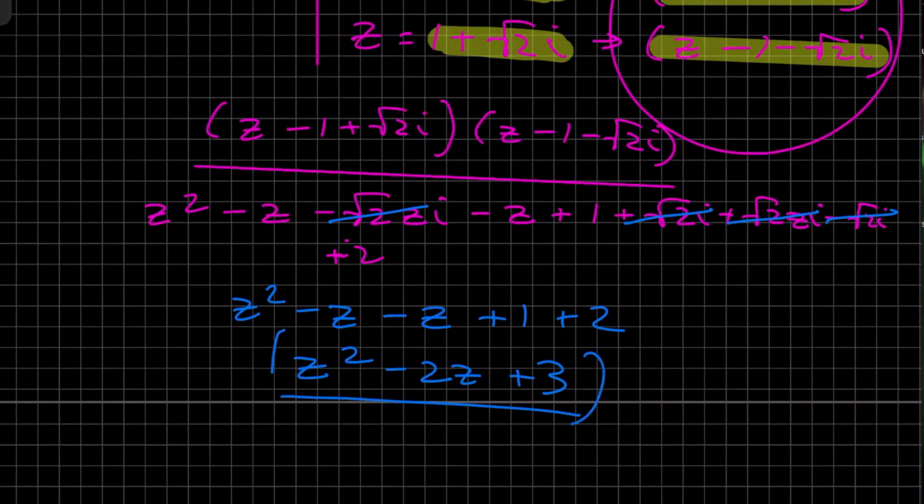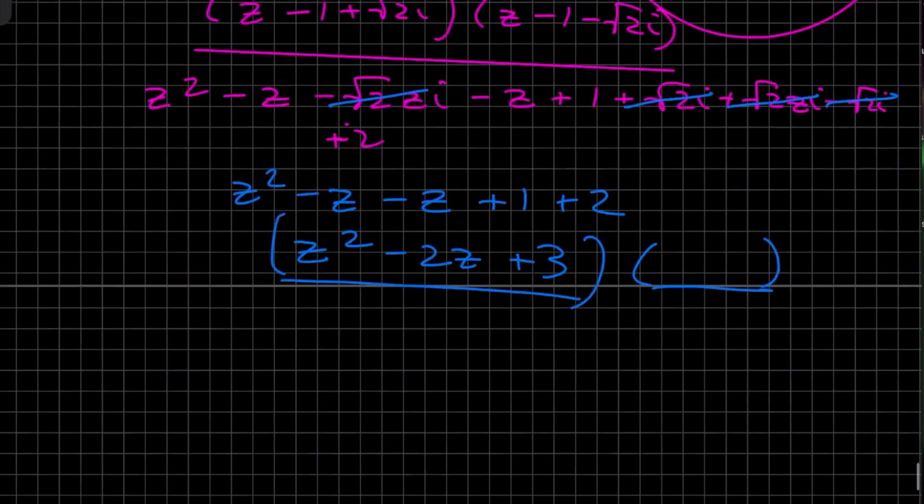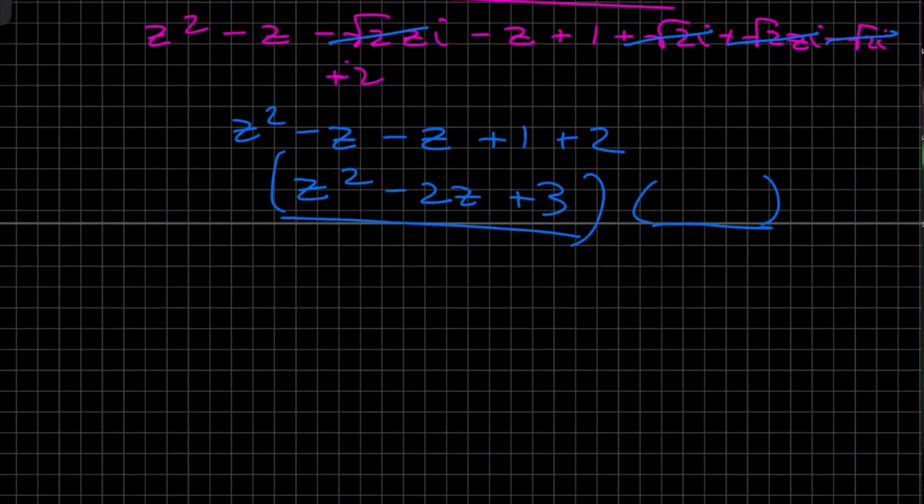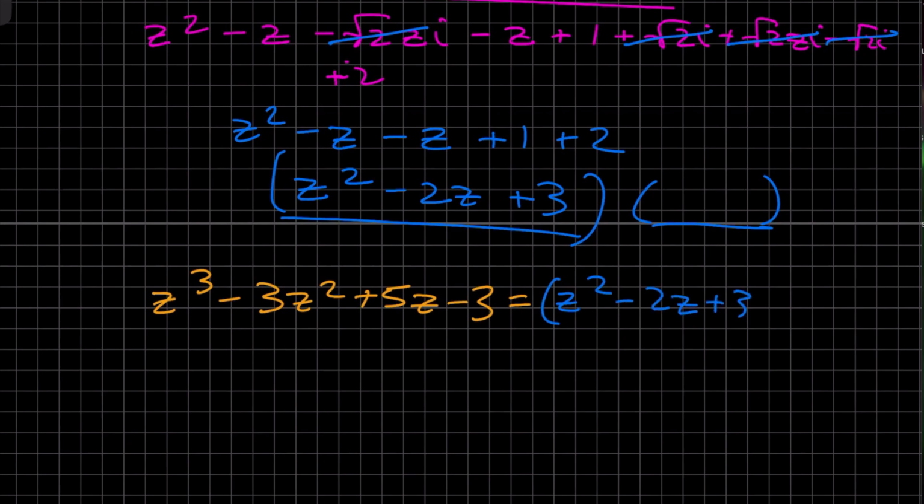We now need to find our other linear factor that we multiply by to get our expanded form of our polynomial. So if we were to rewrite our equation, we'd get z³ − 3z² + 5z − 3, which is the expanded form that we were given at the beginning. This would equal our factorized form thus far, (z² − 2z + 3)